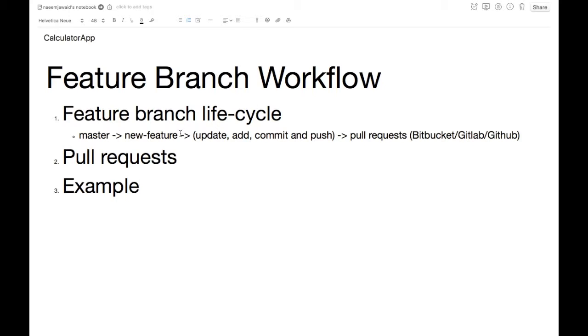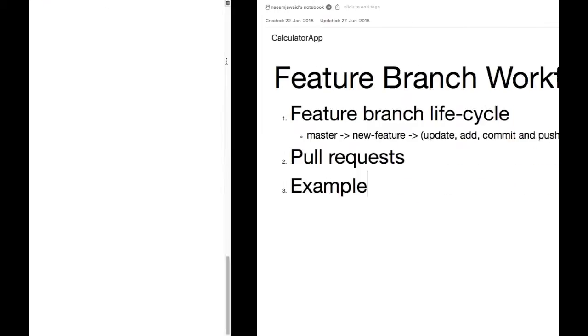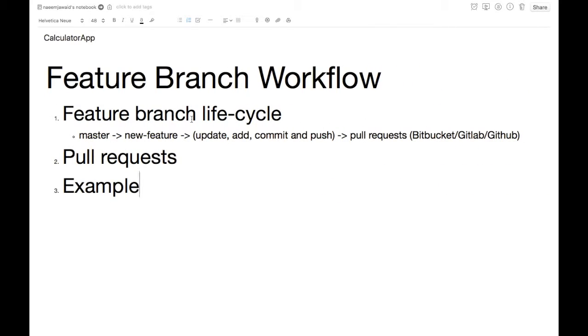complete it until you complete it, and then I'll discuss what pull requests are and why they are used and why they are important, and then I'll go over to the terminal and make some changes and give an example of how you can proceed with